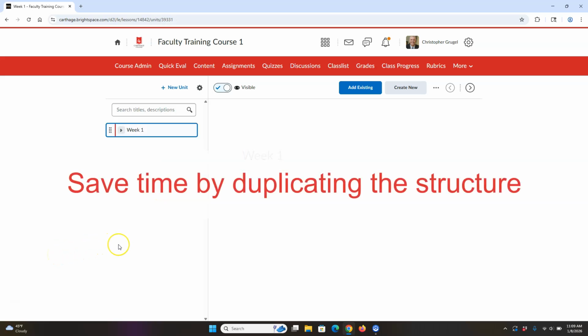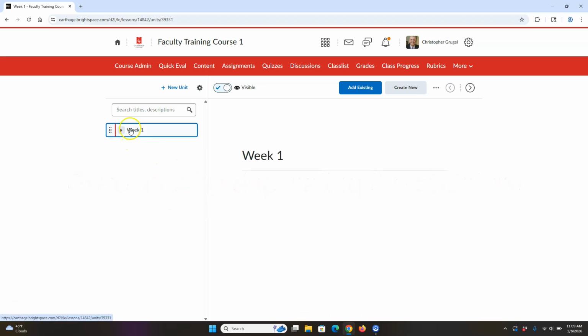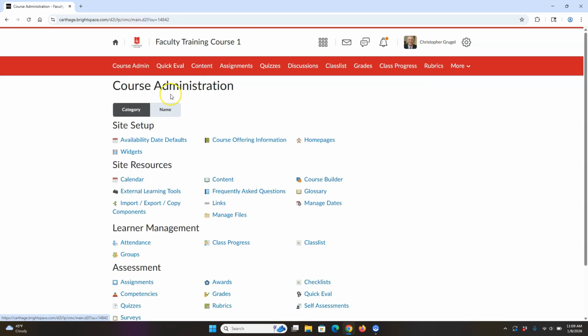So one little trick that might help with structure is, I deleted a couple of those other weeks right here, but what if I just really wanted to replicate this week 1 structure, like a Monday, Wednesday, Friday, Tuesday, Thursday class schedule, and I wanted to do that 12 times, 13 times, whatever you needed. And so I could create them one by one. An easier way to do it is if I go to Course Admin, if I go to Course Builder,